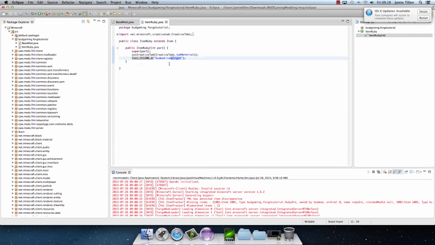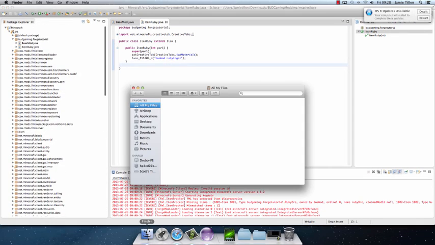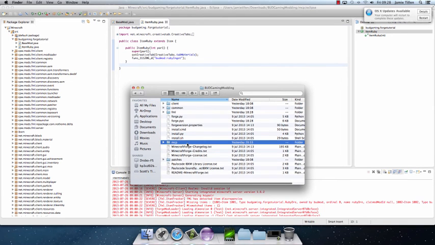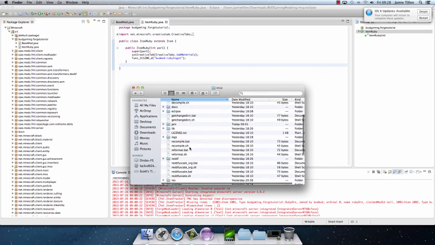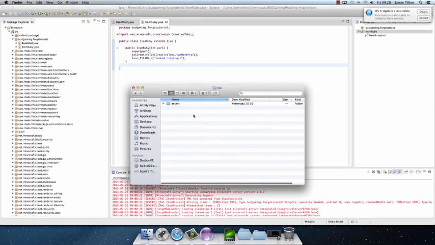So yeah, that's it. Then to add in the texture, what you want to do is go to your location and then create a new folder called Res. Now this will only work because we're in Eclipse, because it's how Eclipse reads things. So if you create a new folder called Res if you're using Eclipse, if you're not, I'll explain later. Then you create a new folder called Assets, new folder Bud Mod, Textures, Items, and then you put your texture